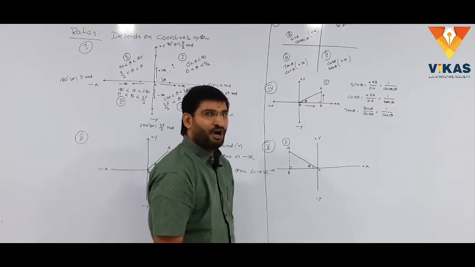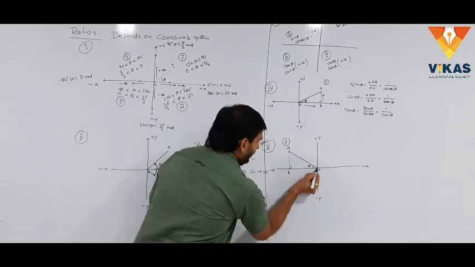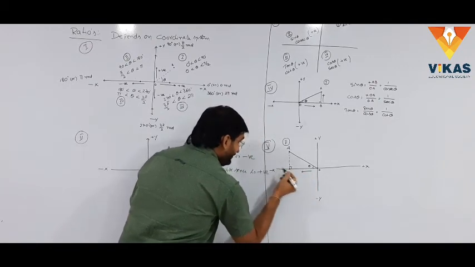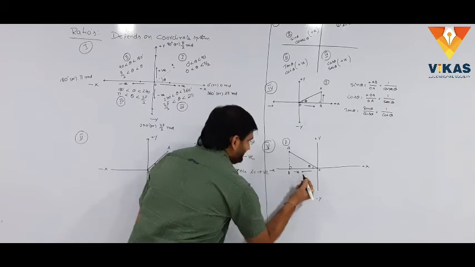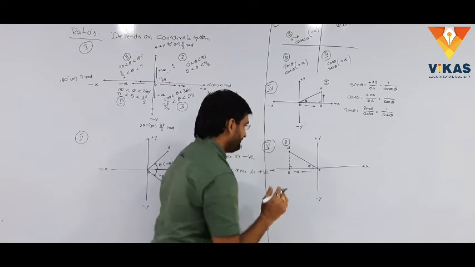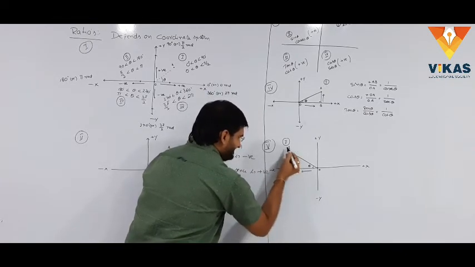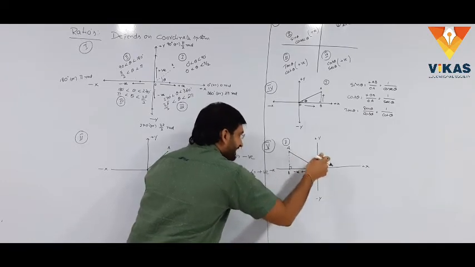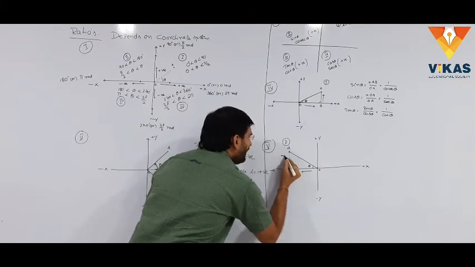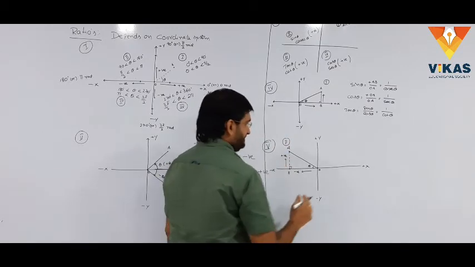All the distance is measured from the origin only. We measure the distance on the x-axis. Here origin to B, which is along the negative x direction, is negative. The distance measured from the x-axis, B to A, which is along the positive y direction, is positive. Understand? We go for values.